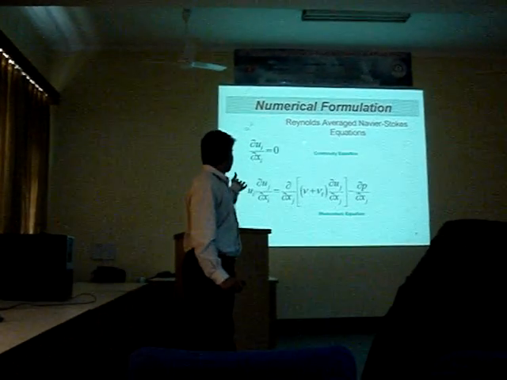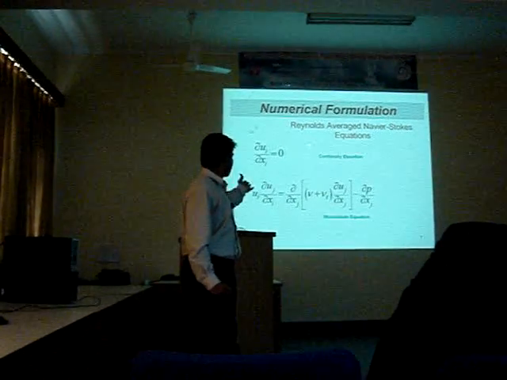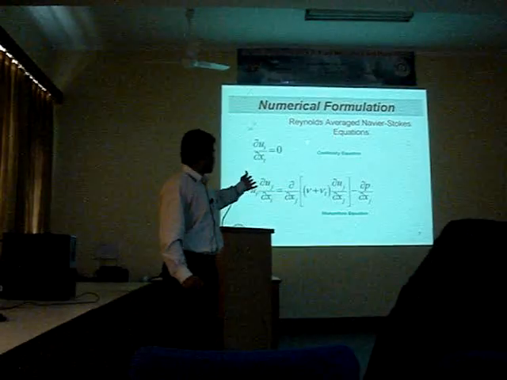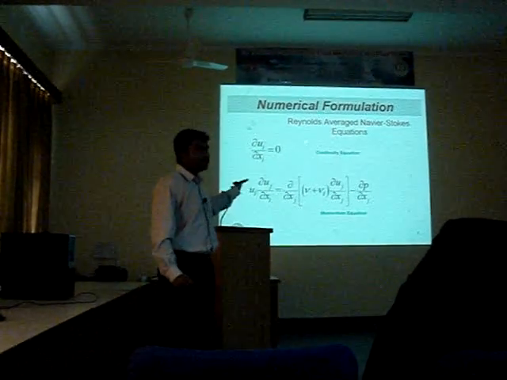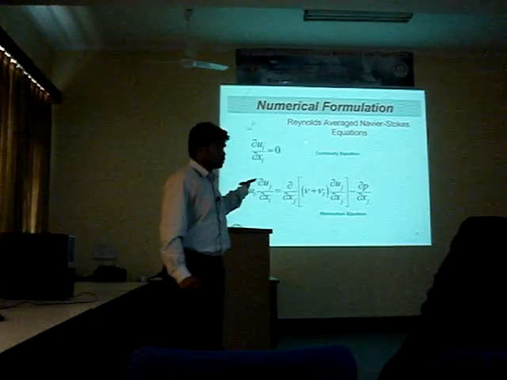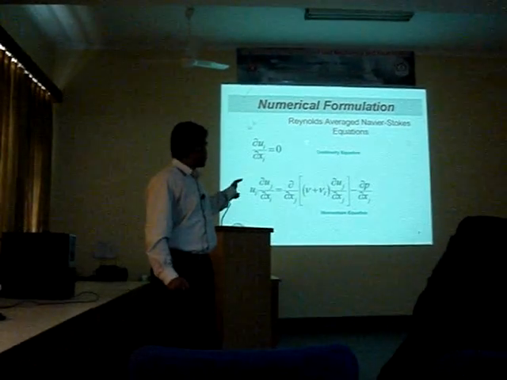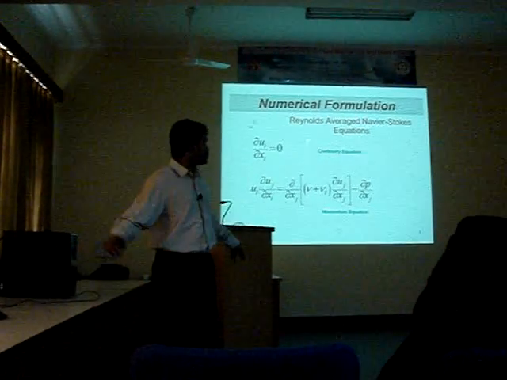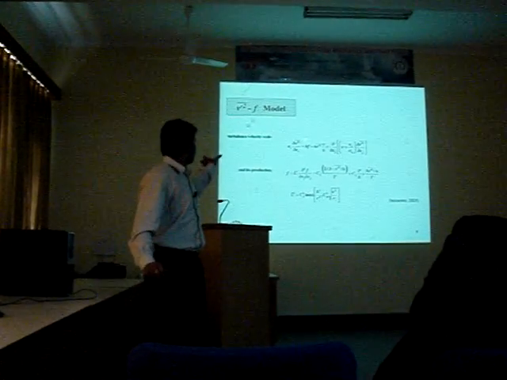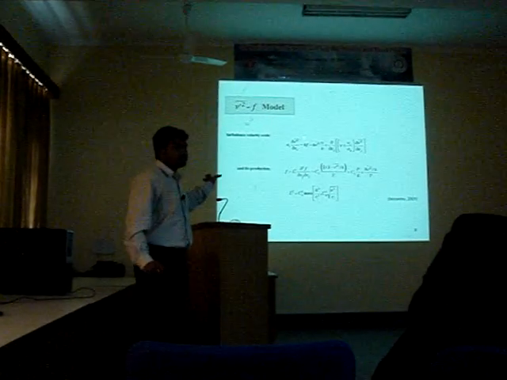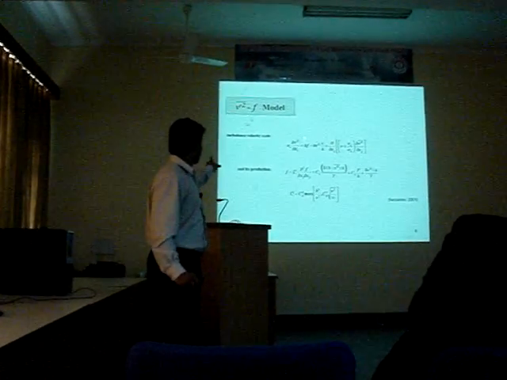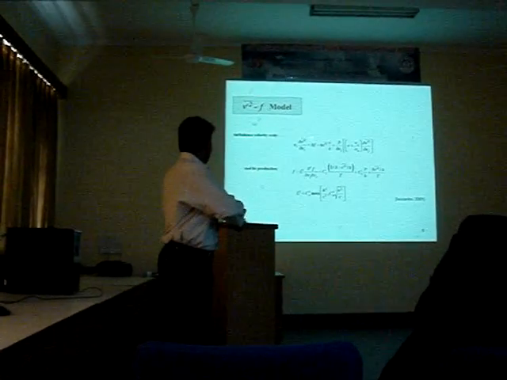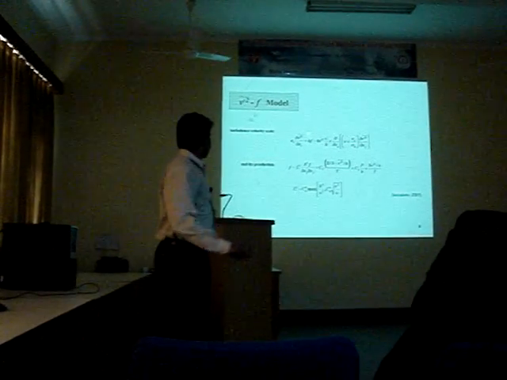This is the numerical formulation. Since our flow is turbulent, we have to decompose the instantaneous quantities into mean and fluctuating quantities. Then if you take the time average, it gives an additional term, the non-linear term. It has more unknowns than equations, so we have to fix this closure problem by using the v2-f model. This model is similar to the k-epsilon model, and in addition to this, two more equations: one for the velocity fluctuation normal to the streamline, and the second for the production.